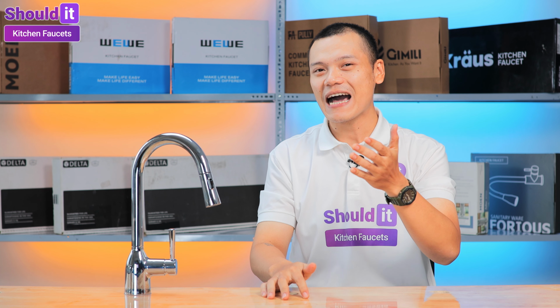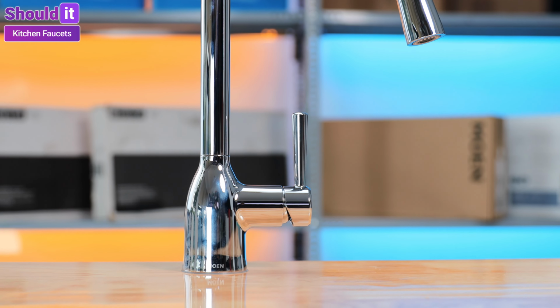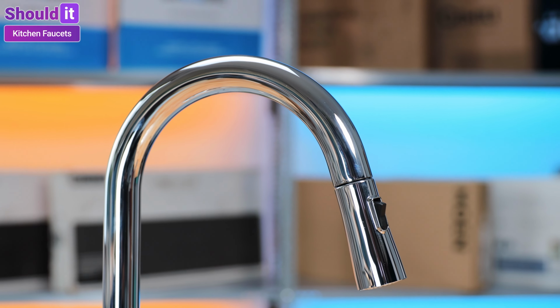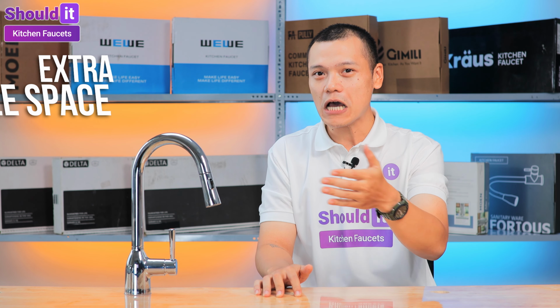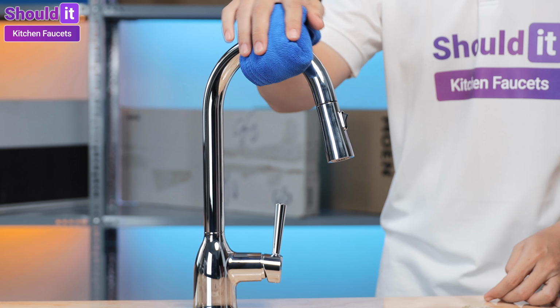Now let's look at the design more closely. The Moen Adler appears more complex than most faucets we have examined, owing to its small base and sprayer, and it has a very modest yet polished look to it. The petite design gives an impression of extra free space around the sink area and should help make kitchens feel less crowded. Moreover, thanks to the smooth transition between body parts, cleaning the faucet is notably easier than less